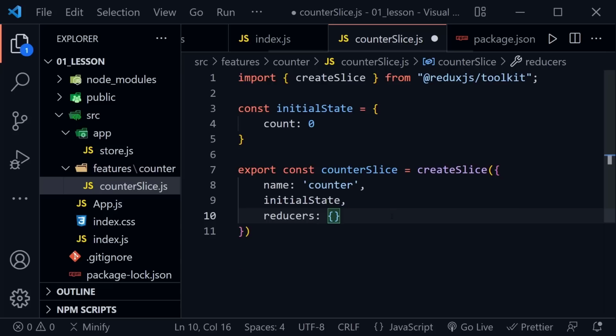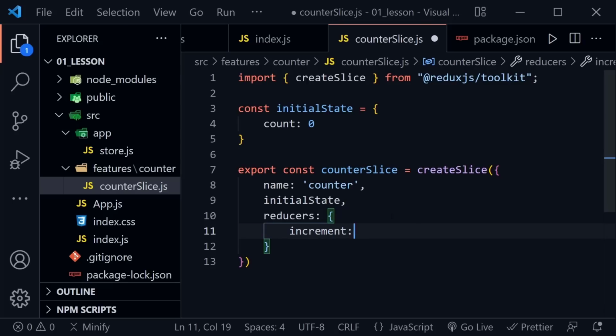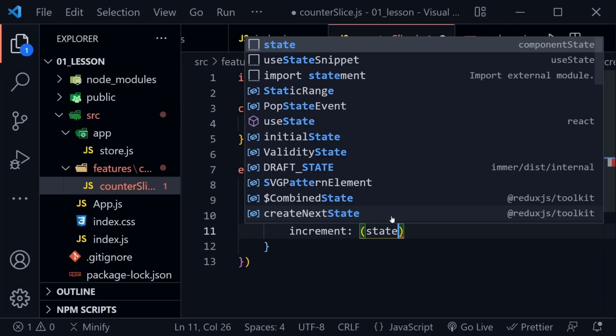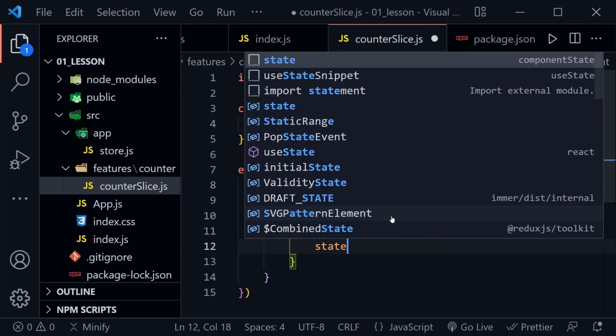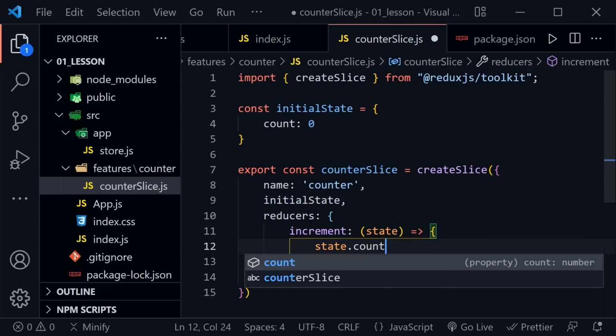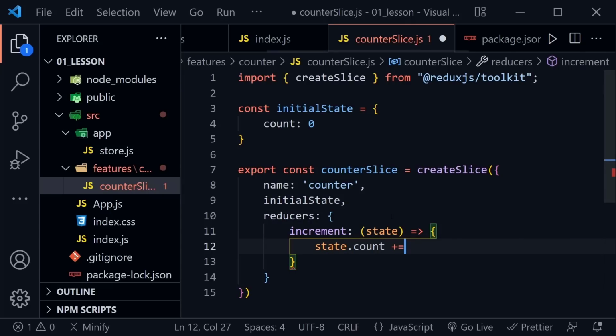And now this is where we would name all of our different actions. This starts to look similar to the useReducer hook that is built in to React already. So if you're familiar with that, that will help. But we're going to create a couple of actions for our counter. One is increment, and now we'll have an anonymous function here that receives the state. And inside this, we'll take the state.count that we defined above in our initial state, and we'll just add 1